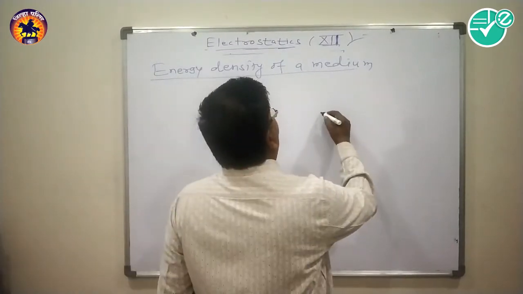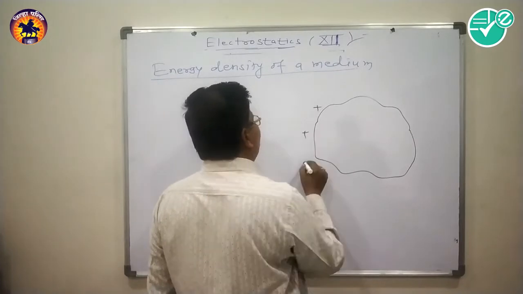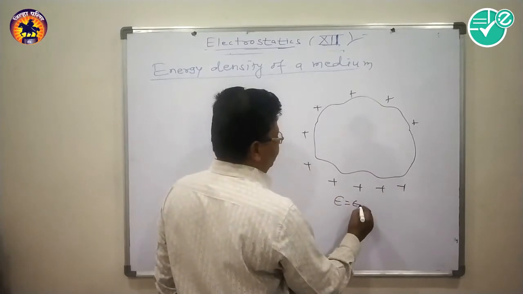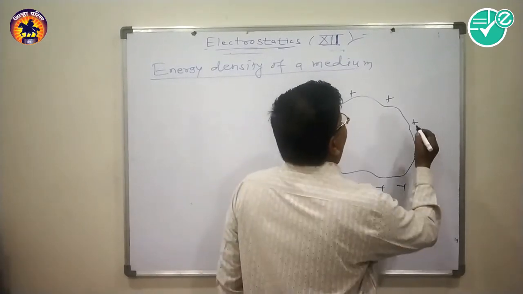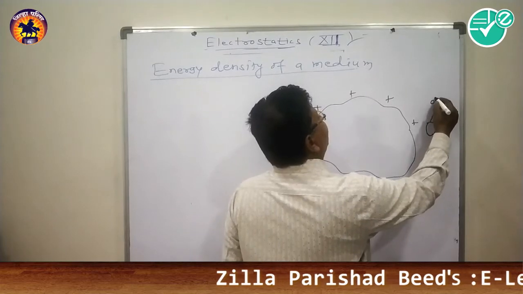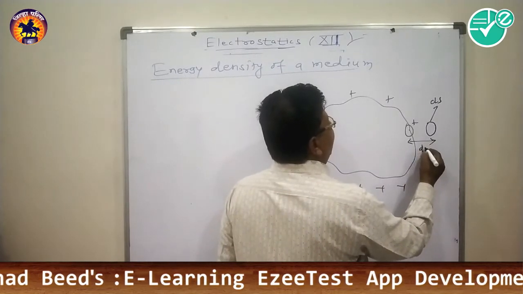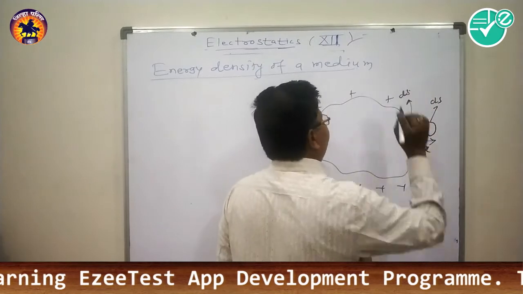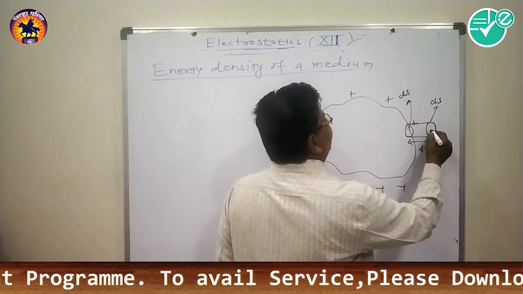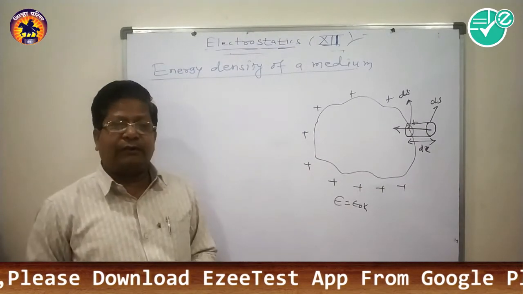Now suppose that again this is the charged conductor of any shape situated in a medium of permittivity epsilon equal to epsilon 0 K, and due to the mechanical force acting on area ds, this area ds is displaced through a small distance dx from its original position, and in order to bring this area ds again to its original position on the surface of the charged conductor,